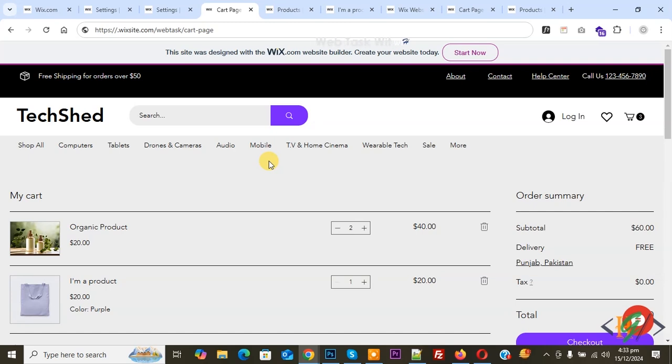Bismillahirrahmanirrahim. Assalamu alaikum. My name is Hassan, and today we are going to apply or set different tax on different